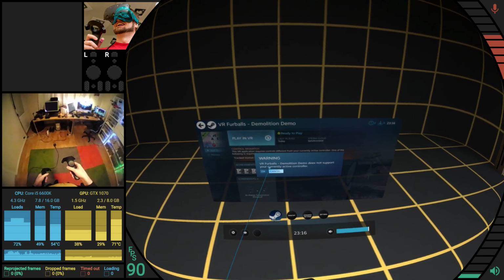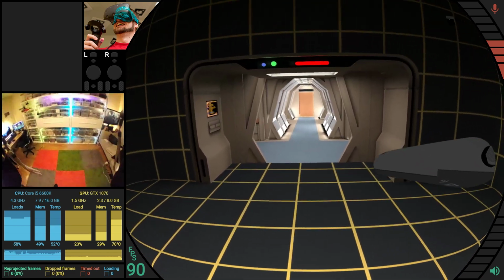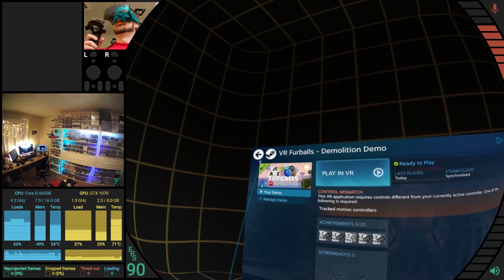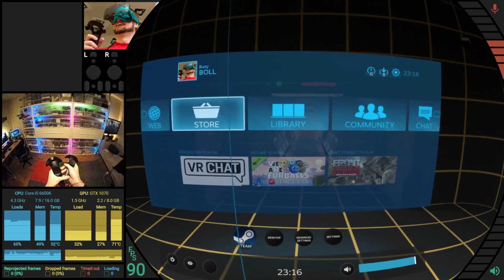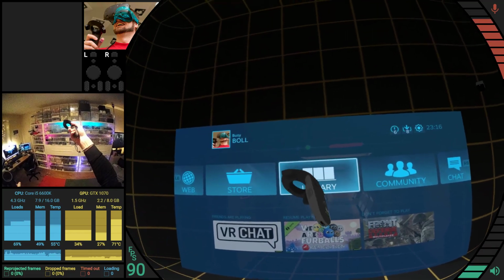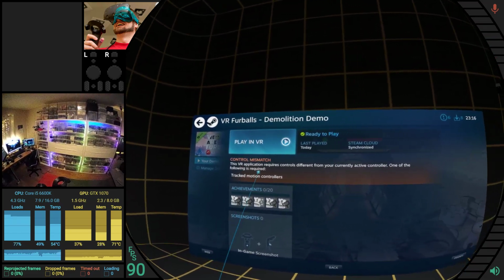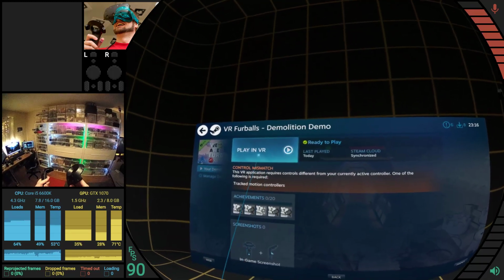Let's do this. It complains that... let's try this again. It says I don't have the right controllers, which is interesting because I have motion controllers. Let's do this again. I seemingly can't change which controller has the laser. I wonder if this is SteamVR acting up. Yeah, I have no idea if...